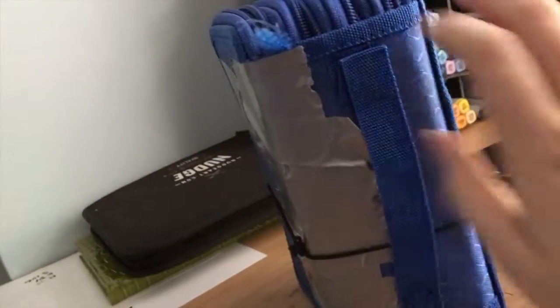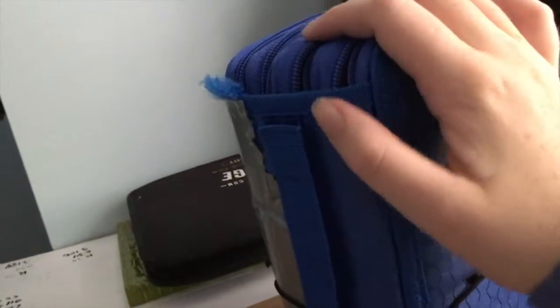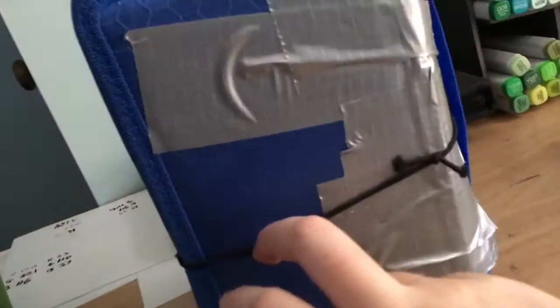Next is this thing, which you'll notice has duct tape on it. Basically what happened was there used to be zippers on top of here, and the zipper fell off of one of them, and I was trying to get it back on, so I cut this off and then tried to put the zipper back on, but I just couldn't do it. And so I just took all the zippers off, mutilated it to death, taped it back together, and then put this, which is a bunch of hair elastics that I tied together with square knots because sailing. So, yeah. This usually looks a lot nicer, but